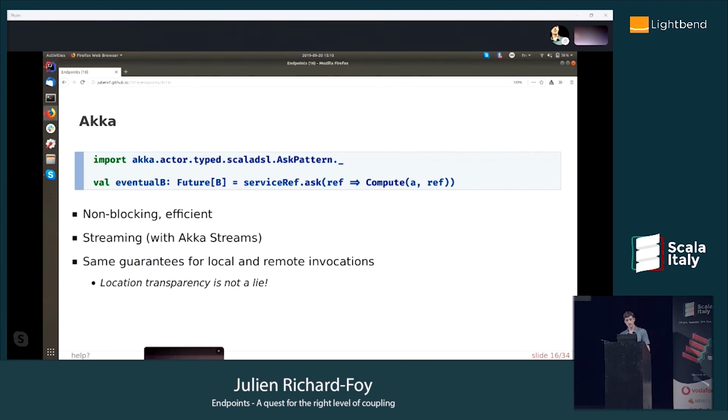And so the benefits of Akka is that it's non-blocking, it's efficient, it supports streaming with Akka streams and reactive streams, which has great properties. And also it achieves distribution transparency without being dangerous, because it lowers the guarantees you get when you make invocations to local actors. So it gives you fewer guarantees than if you were just invoking a function. So this is Akka, the benefits, and now the